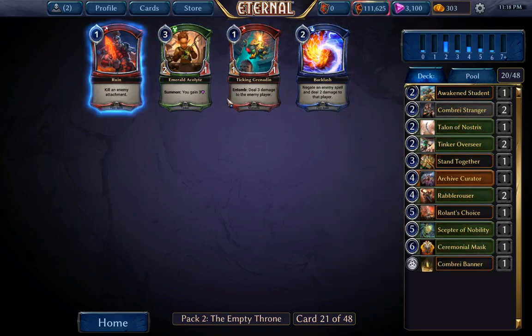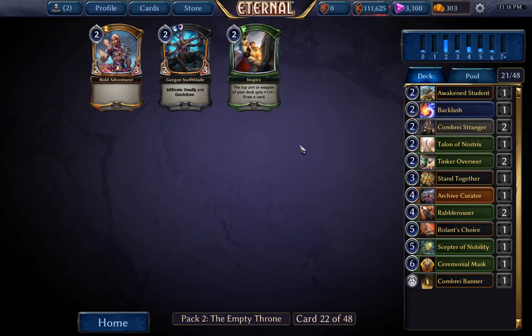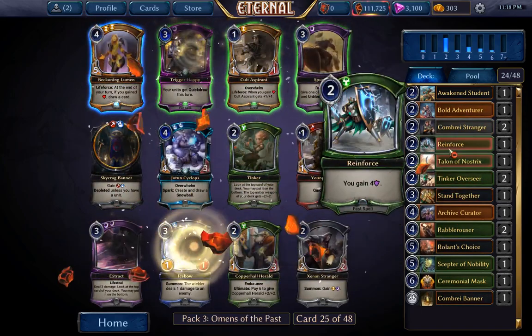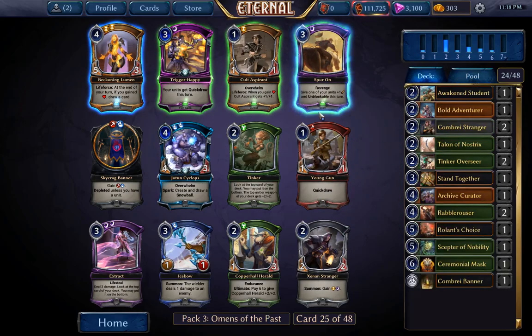We can definitely splash another color, and I'm actually going to start thinking about that now by picking up this Backlash. We saw a very late Hatchling, so we know that Elysian is also potentially open. This is actually a very playable 2-drop. We'll grab that. Yeah, I think we can splash blue, because our fixing is already amazing. We have 2 Combray Stranger, which is both on color, and a Combray Banner already. So I think this deck...